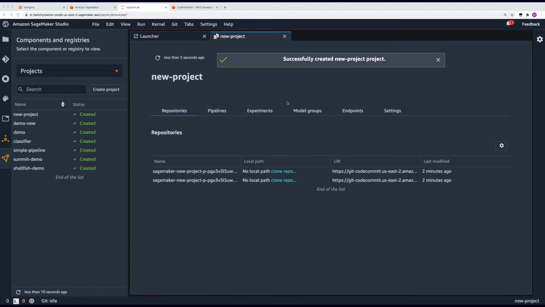Okay, and we are back. The project has been created. And for all the data scientists watching this demo, the combination of SageMaker projects and pipelines is pretty powerful. Pick a template, enter a project name, and you get structured code repos and an automated pipeline to handle feature processing, model training, and deployment without having to be an infrastructure expert.